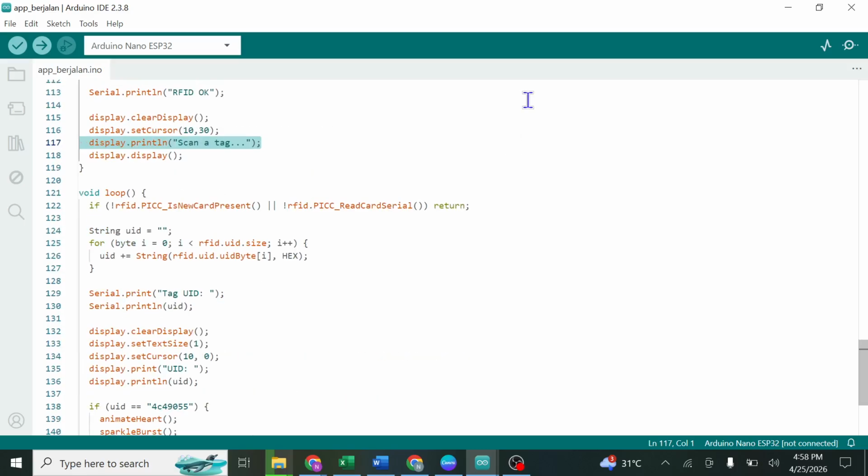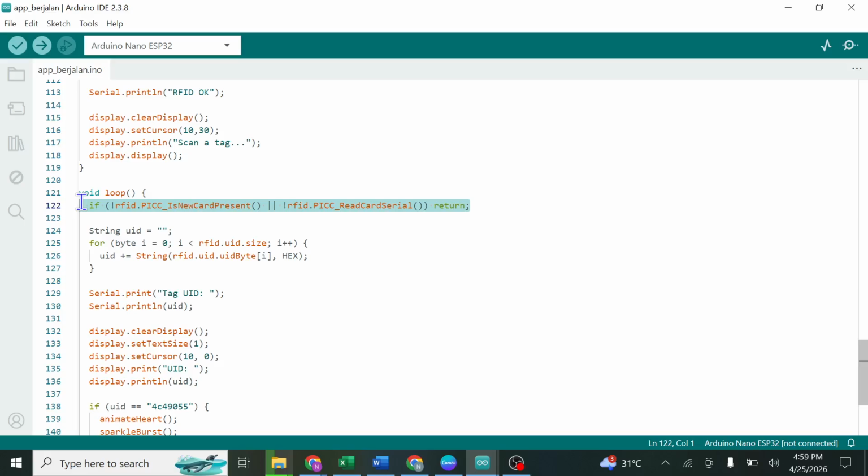Next, I have void loop. The loop runs continuously. This checks whether a new RFID card is detected. If not, the program waits.